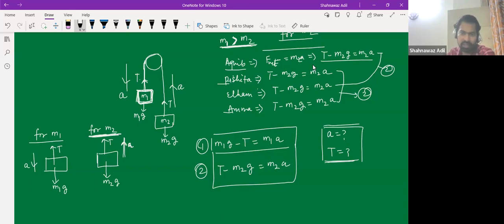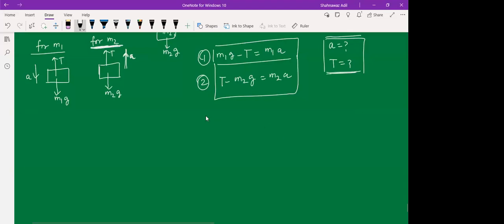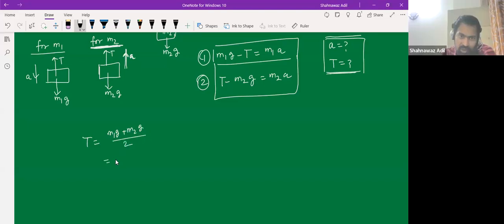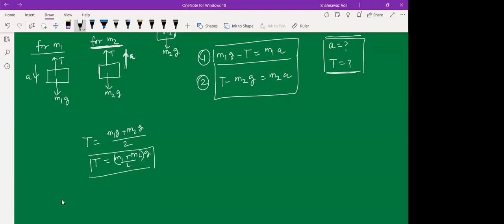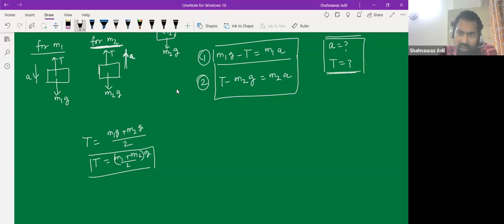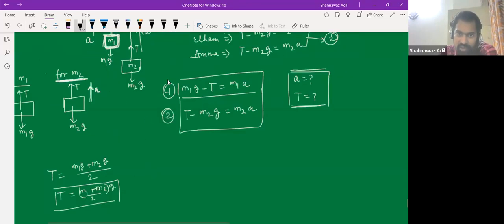Okay, so did you guys get any answer? So I got T. T is what? What did you get? M1g plus M2g whole divided by 2. Divided by 2. So you got M1 plus M2 by 2 and then g. Okay. Yes, sir. Okay, so now let us check what is the answer. So we have